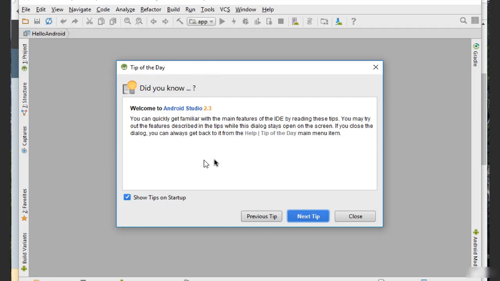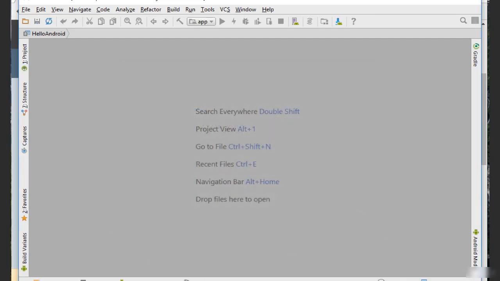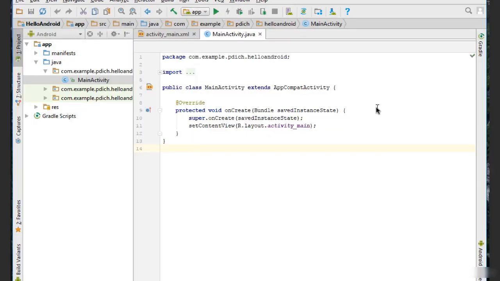Okay, this is something that pops up every time Android Studio opens, so you can deselect it if you don't want to see this. But otherwise, you just keep it selected. In this case, I'm just gonna deselect it and say close, and give it a little bit of time for all of these processes to finish. Alright, so we now have our project here, our Hello Android project